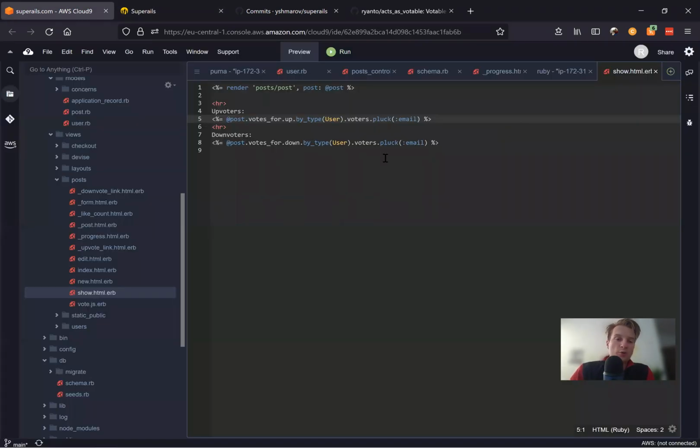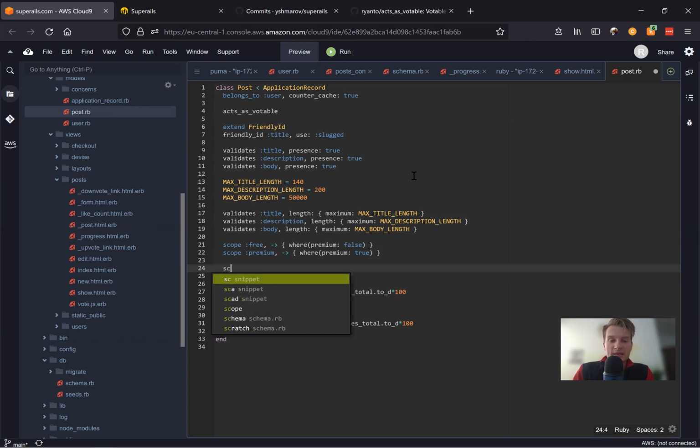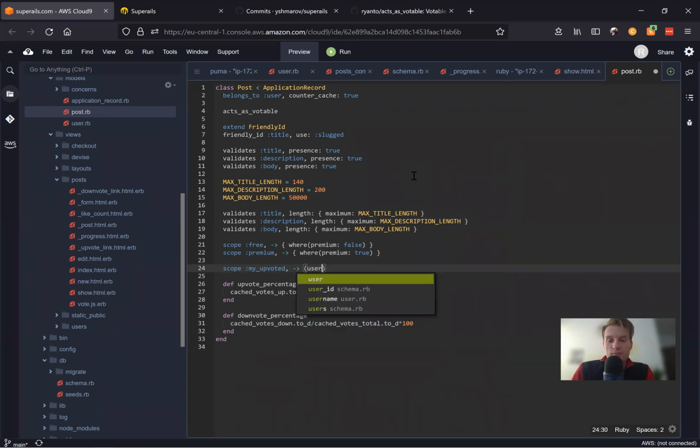So let's go to our post.rb and create a few scopes. Now we have 2 scopes already, free and premium. And let's get something like scope my_upvoted. Okay, and we're going to pass a param, so it will be the user. Usually we're going to pass the current user here, and we're going to get all the posts where the ID of the post contains a user, find voted items,